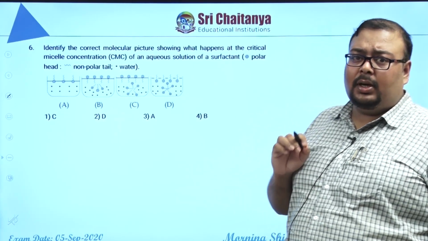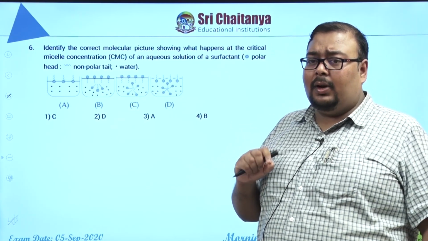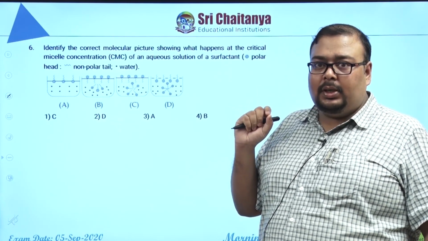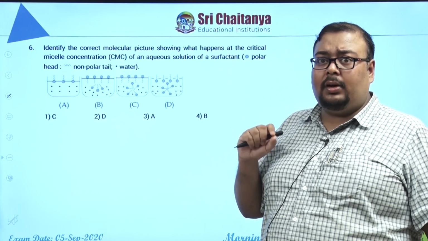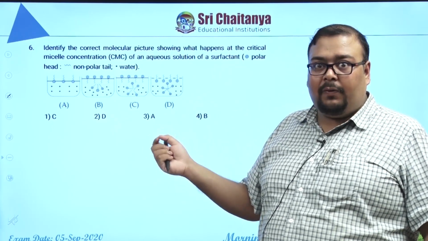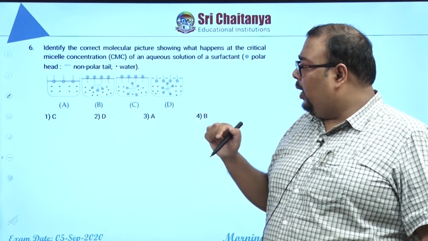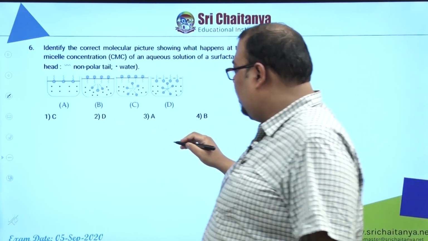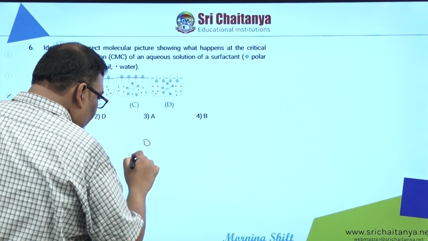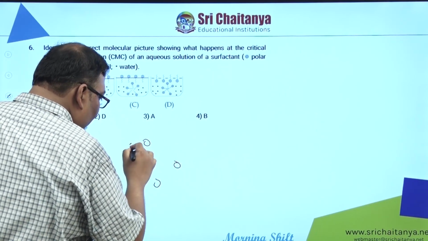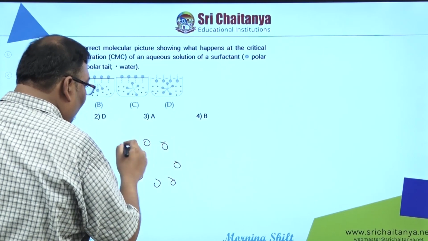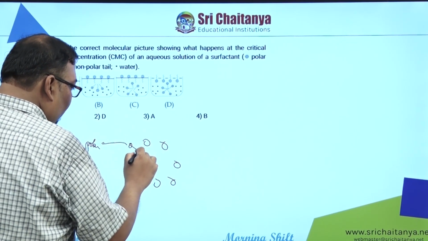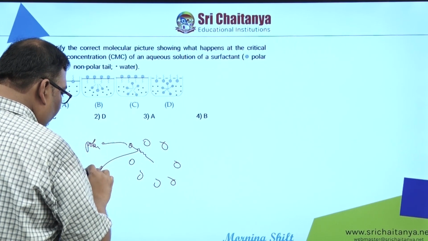Now see, for micelle formation, there are 2 requirements, temperature as well as the critical micelle concentration. Now when micelle formation is taking place, okay, there will be some cluster of surfactant molecules which will be together. Okay, so you see the cluster will be something like this. If I am drawing a micelle cluster, the head represents the polar part and the tail represents the non-polar part of the surfactant molecule.